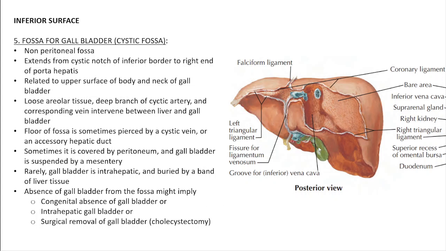Mostly this is a bare area because the peritoneum bridges from this part of the liver to this part of the liver, so it covers only the posterior inferior surface of the gallbladder, whereas the anterior superior surface of the gallbladder comes in direct contact with the cystic fossa. But sometimes the peritoneum reaches the cystic fossa, then forms a mesentery, surrounds the gallbladder, again reaches the cystic fossa, and then covers the remaining inferior surface of the liver. In that case, if the gallbladder has a mesentery, then the bare area in the cystic fossa will be limited to only a very narrow strip between the two layers of mesentery of the gallbladder, right?